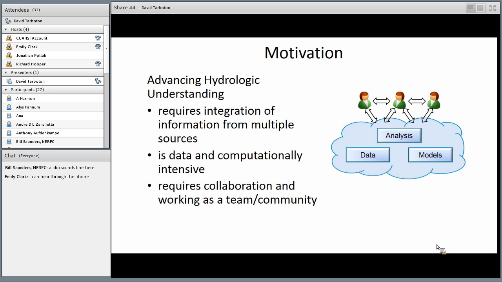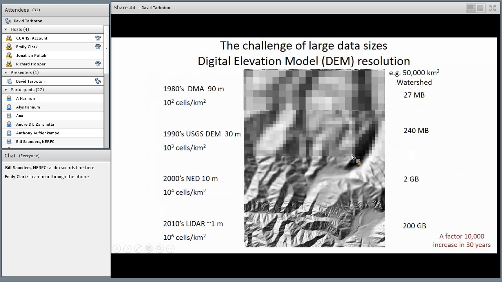So that's showing the idea of data analysis and models in a cloud or server-based system that's remote from where you're working, and with people collaborating using that. Another motivation is data size. I showed this slide last time, and it shows how digital elevation model data for a typical watershed has increased by a factor of about 10,000 over the span of my career,